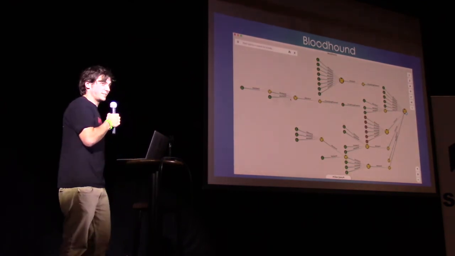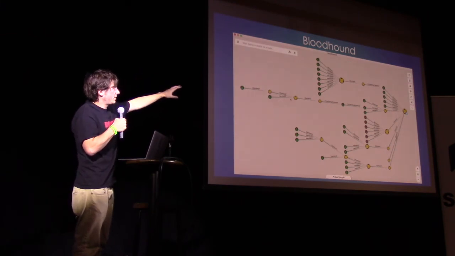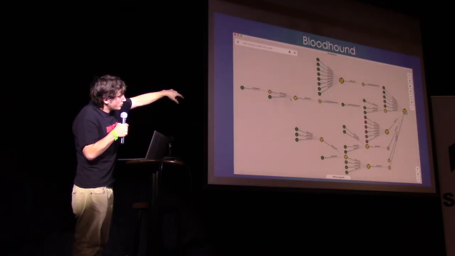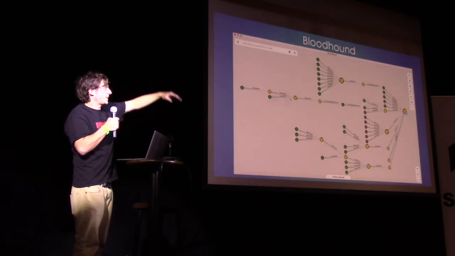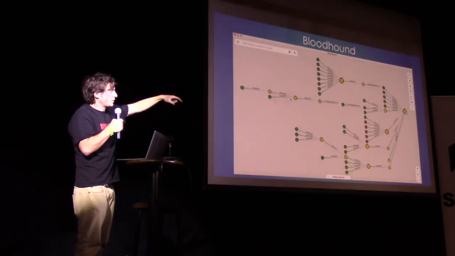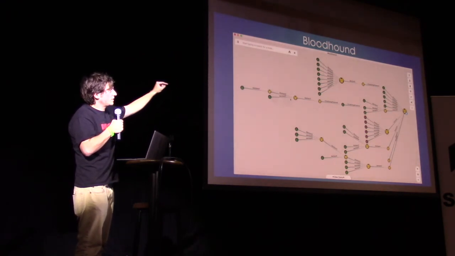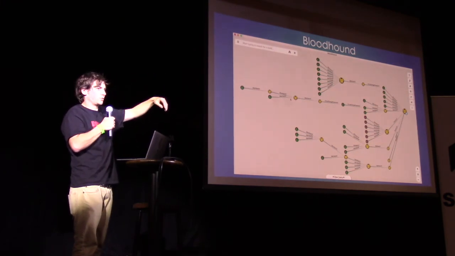Walk forward on this thing. So this is kind of showing that same thing. These green dots are users and the yellow dots are either machines or groups. This user is a part of this group, which is inside this group, which is inside another group that this other user is a part of. And so now I can, I think further down, that group can force a password change on this other user,